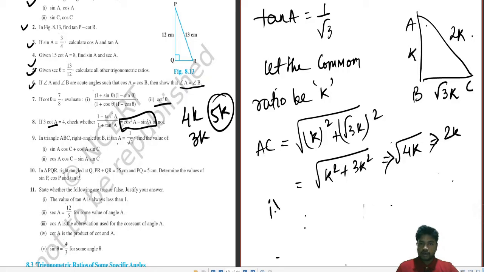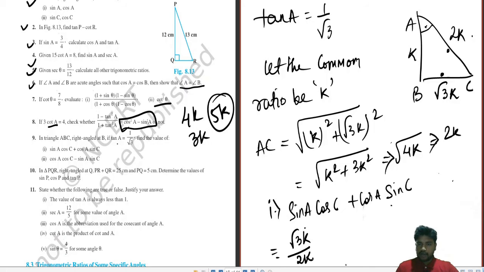Number 1: sin A cos C plus cos A sin C. Obviously, this is the part. Number 2, I will not be solving. That will be your part. Sin A. So what is sin A? If this is your angle, sin will be P by H. I will be putting a mark over here, P by H. That is root 3K by 2K